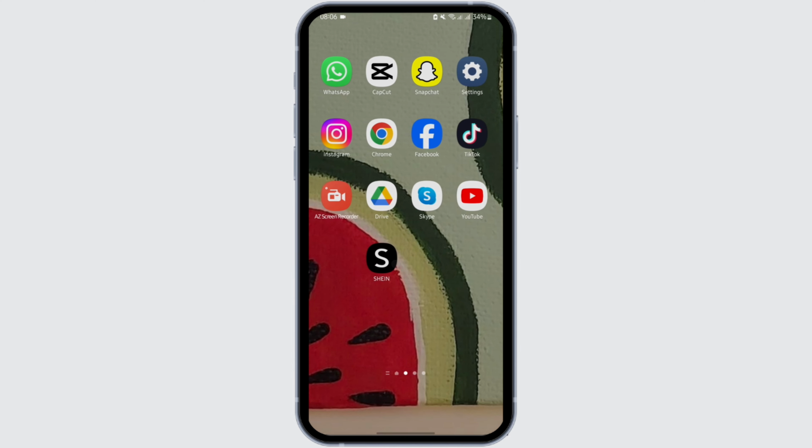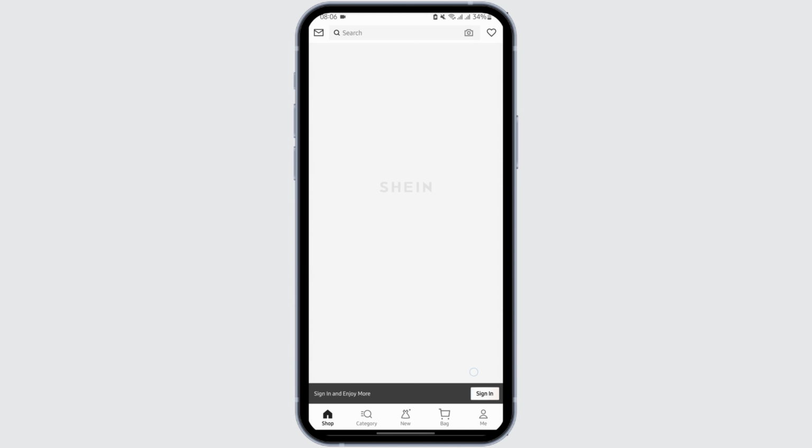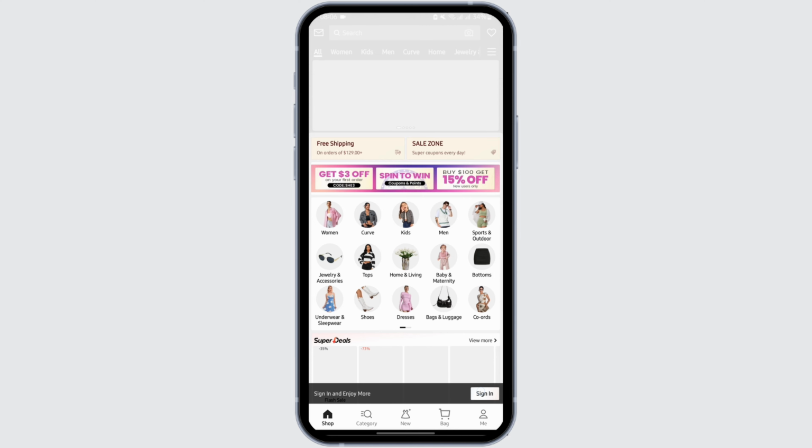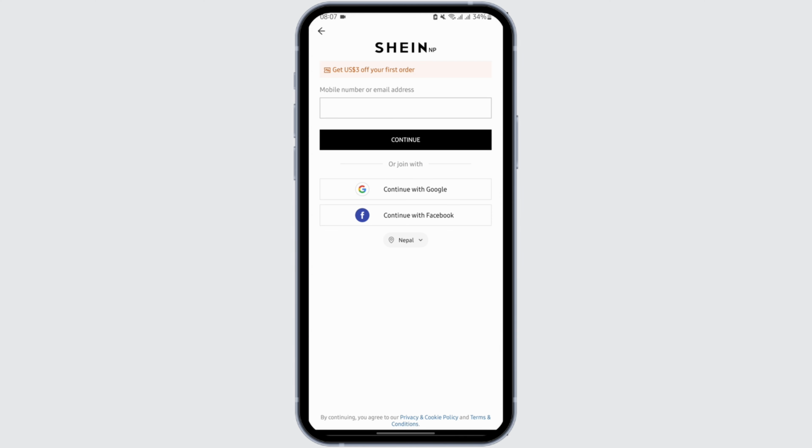First of all, make sure that you have installed Shein application in your device. Open it once you do so. And here you will see a sign in button. Tap onto it. Now as we are about to create a Shein account, you can tap on continue with Google,